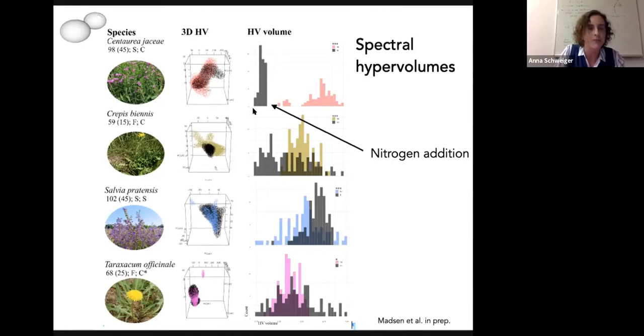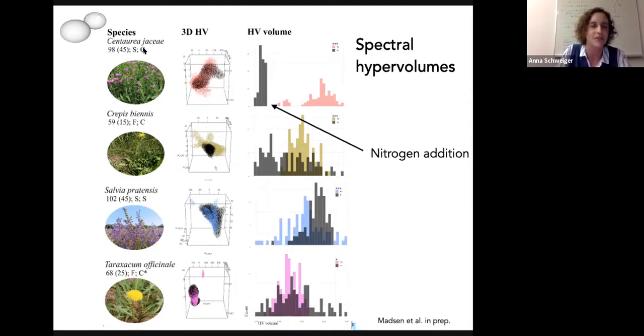So here the gray bars, sorry, the axes are not really legible, but the x-axis is spectral hypervolume size, and the y-axis is a count. So on average, spectral hypervolume size decreased with nitrogen addition, but it decreased mostly for species that are competitive and slow growing. So the S and C here stand for slow growing and highly competitive species following